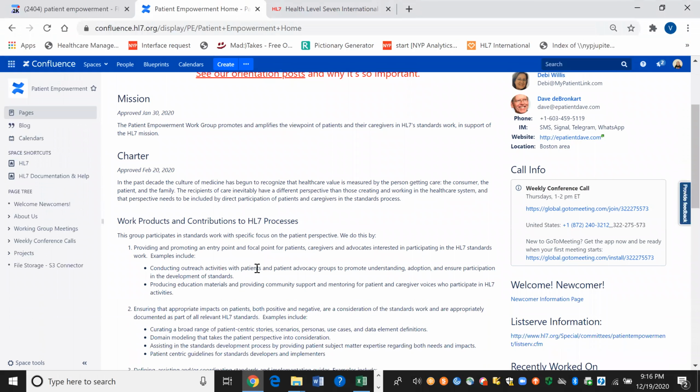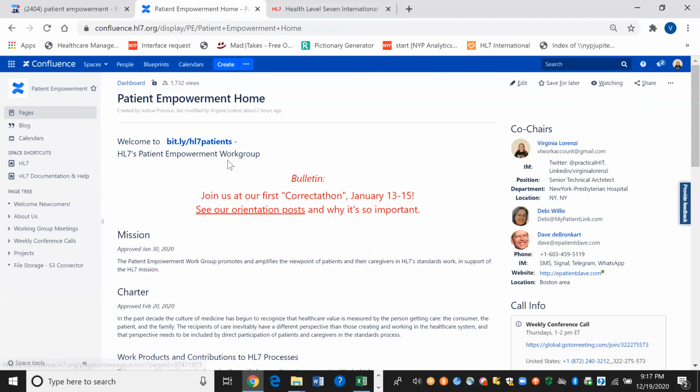And actually, we also have the list server info right on our page. But I wanted to show you those main places in HL7 in case you want to sign up for multiple list servers or find multiple calls, or if you don't find this on the main page of a working group. And then typical things you will see is working group meeting information,